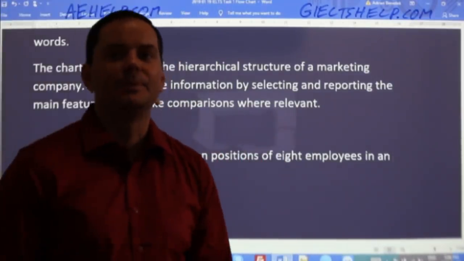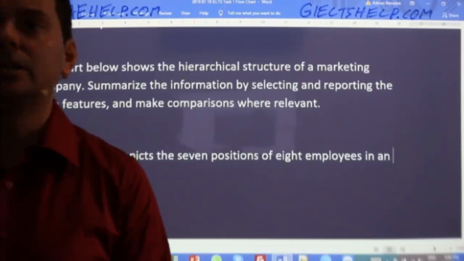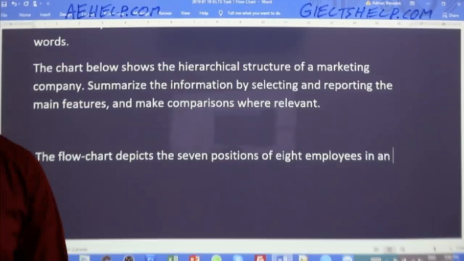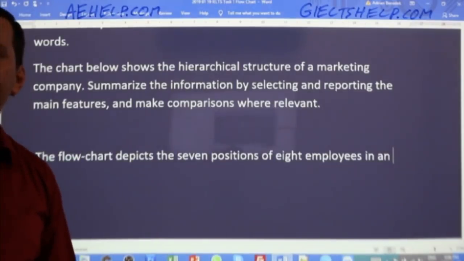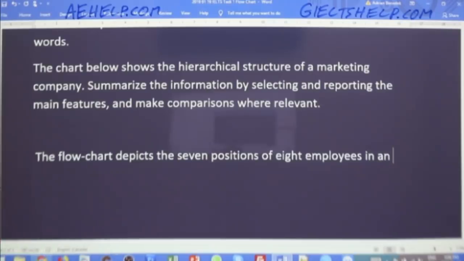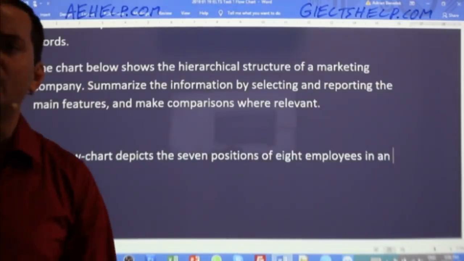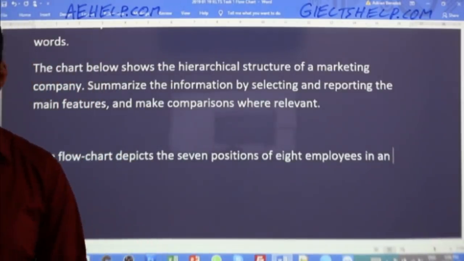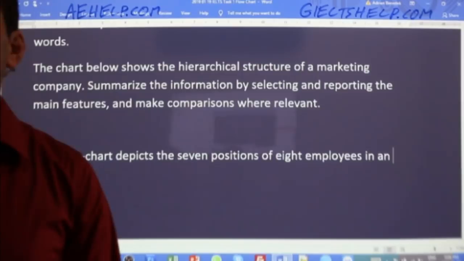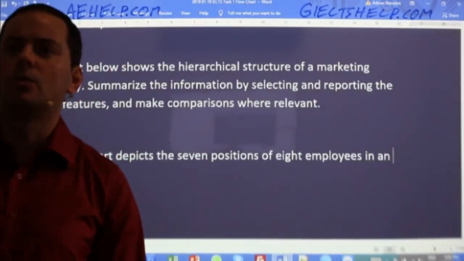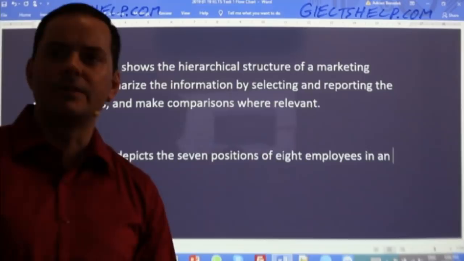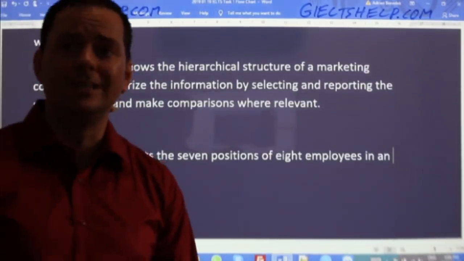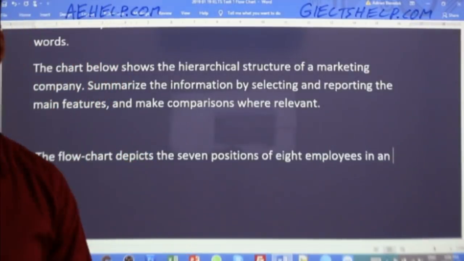Just leave them, okay? Mahe says organization. Sure, Mahe, that's okay. There's an easier way to say that. Somebody said advertising. Was that you, Preeti? You should have kept that in there. Oh, Marwa says advertising. Yeah, instead of company, you can use another word. There's a few different ways to paraphrase the word company. Kisi says, the flowchart illustrates the organization of a marketing company, including 7 positions and 8 employees. Kisi, that's nice. So you definitely have some good detail in there. It's making your essay start off nicely, your overview.